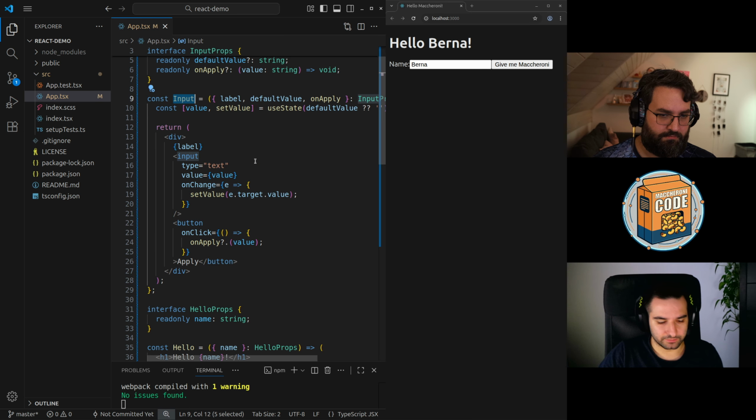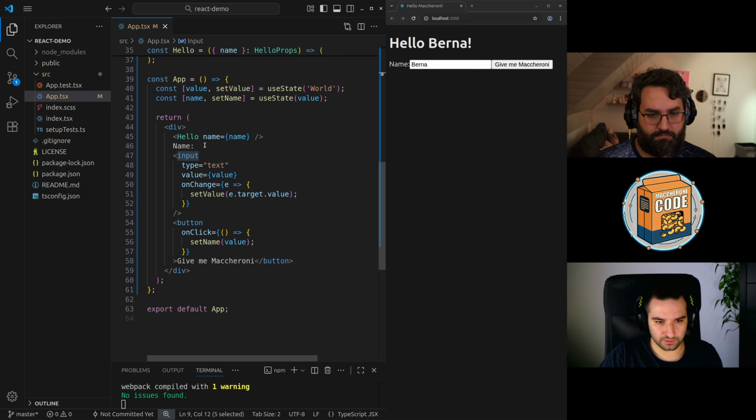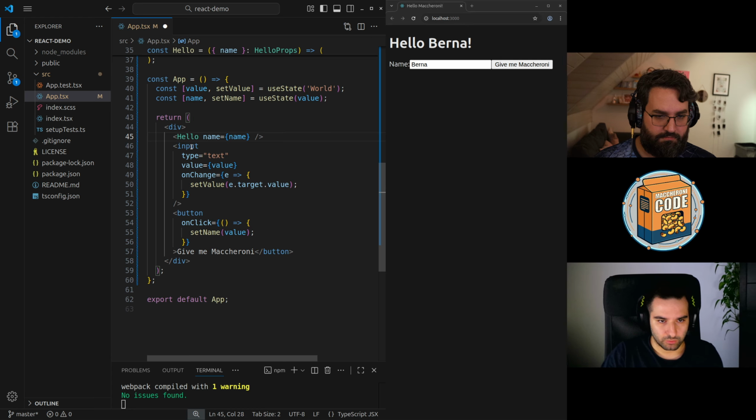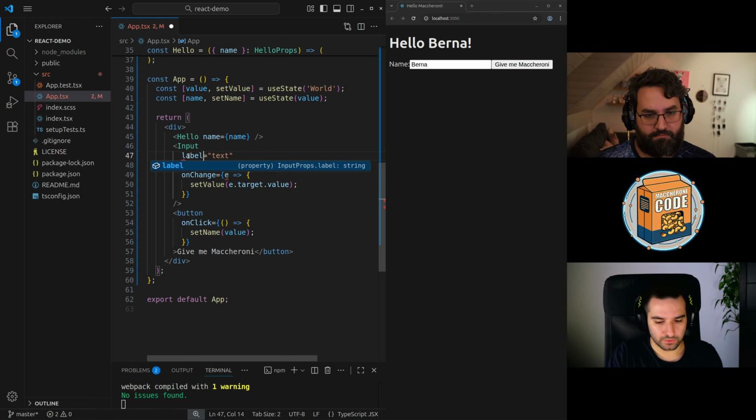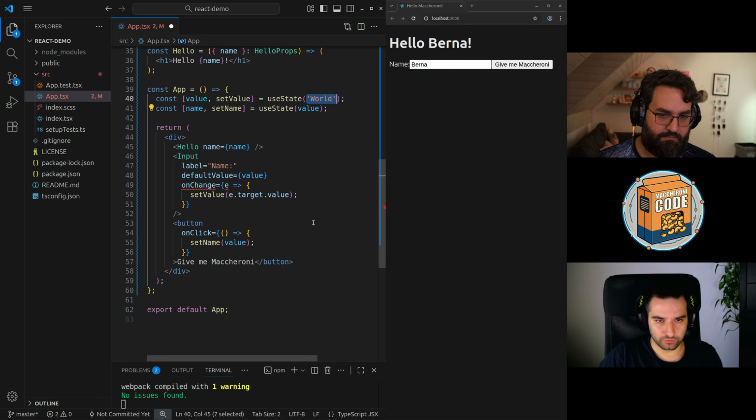This is the component. Now we have to use that component inside the code. So we remove the name, we don't need that one anymore. We use the label, okay, and we give the name here. Okay, we have the default value. In that case the default value will be the name.